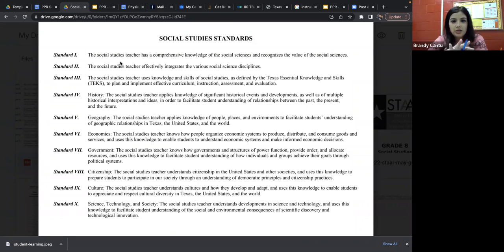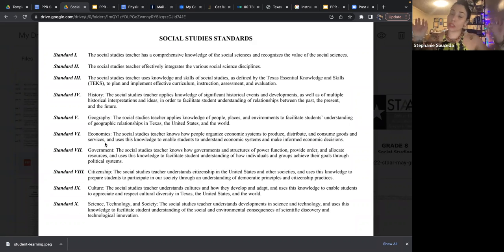Okay, so the standards here are the TEKS, or are they not the same thing? No, they are not the same thing. These standards are what you're going to print out, and they correlate with the TEKS. So we'll look at the TEKS really quickly. The TEKS are for the students. Like I said, they're parallel, because a lot of what they say for the students, they already say in your standards. They just go into bigger detail and give you examples of things you have to know about. Where your standards don't go into detail about people, the TEKS do.